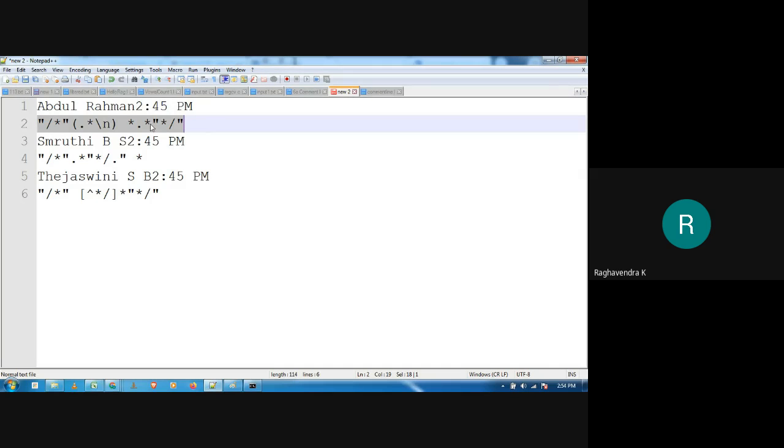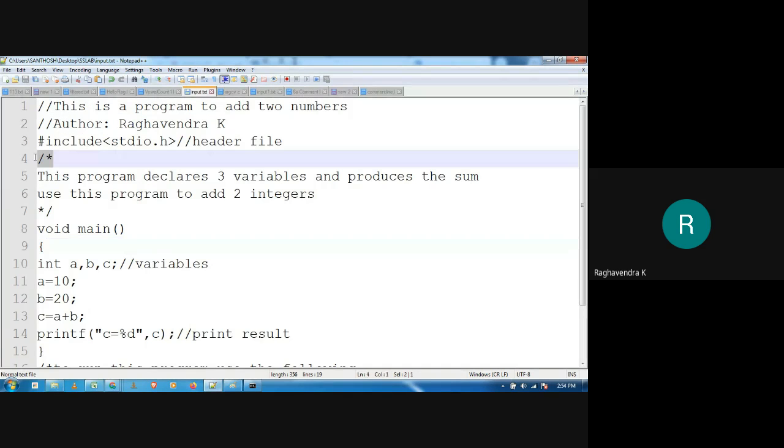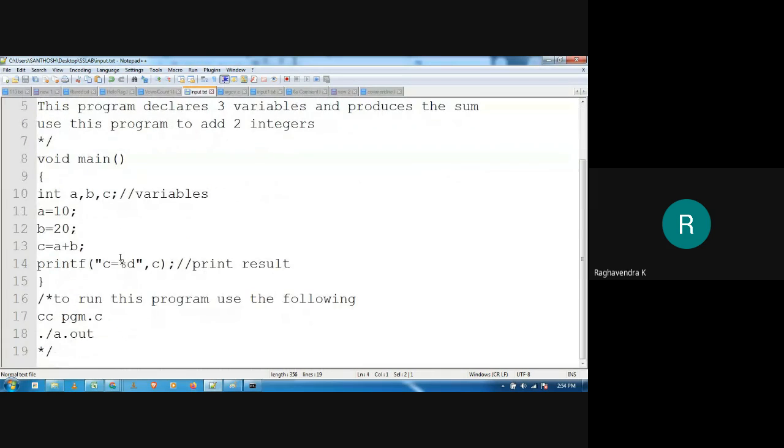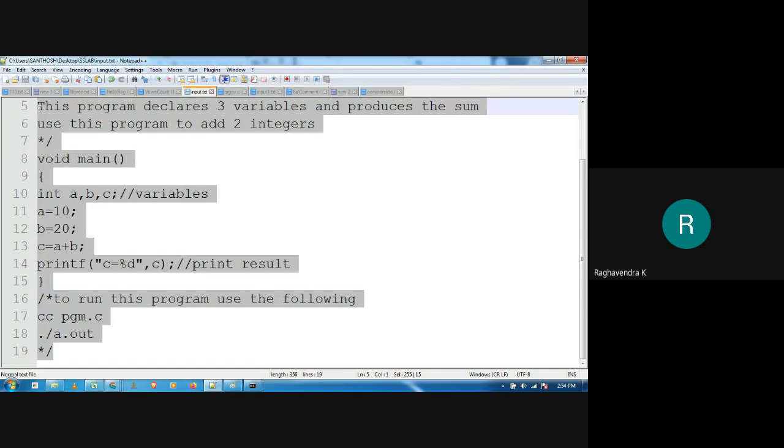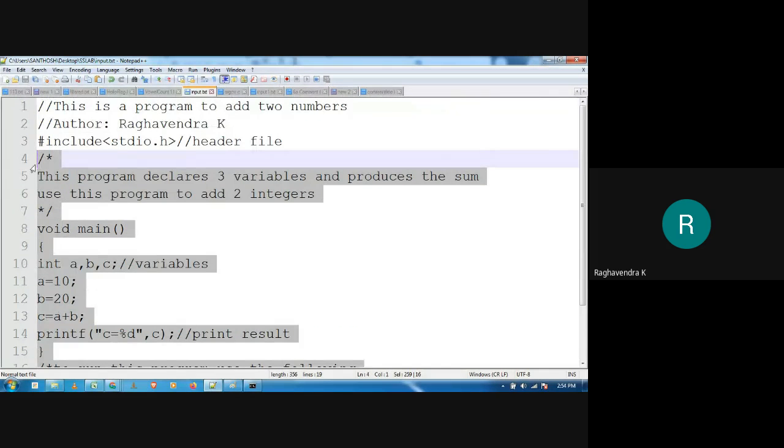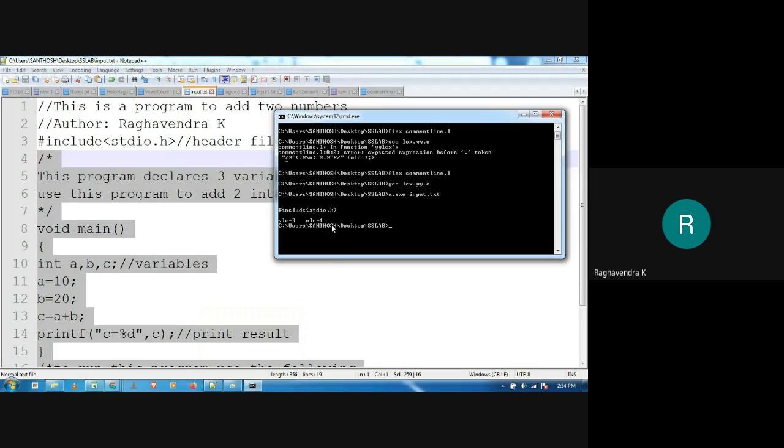So what might be an issue? It is basically taking each and everything as a part of the multi-line comment, because it starts with slash star and ends with star slash. Correct. So here I have written in the input, slash star until star slash. Obviously it is eliminating the entire program, so it is considering that this entire part belongs to this comment. So it's not working exactly as we have intended. So obviously we have to change the regular expression.